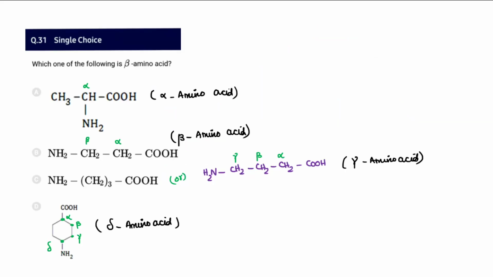And 31, which of the following is a beta amino acid? Here this is a carboxylic acid, the next carbon is alpha, and the another next carbon is beta. In that, only at beta the NH2 group is present, whereas here the NH2 group is present only at alpha. So therefore it is an alpha amino acid, and this here is a beta amino acid, here it is a gamma amino acid, delta amino acid. It goes on, but the exact option that meets our demand here is the second option, beta amino acid.